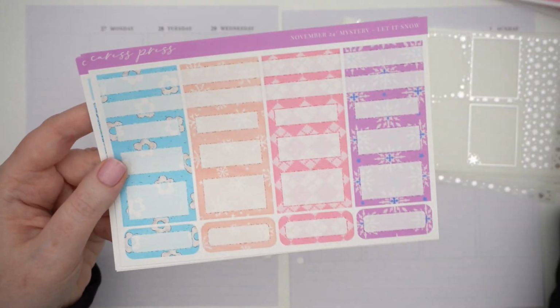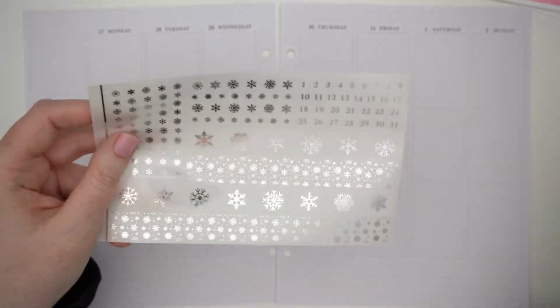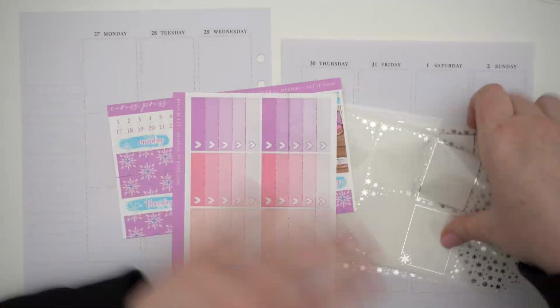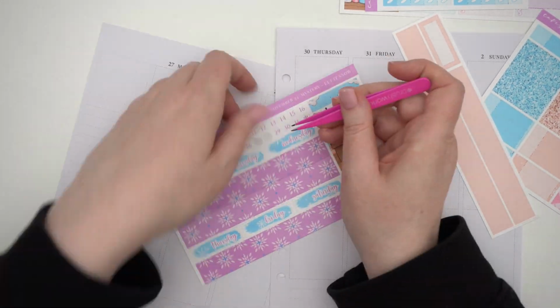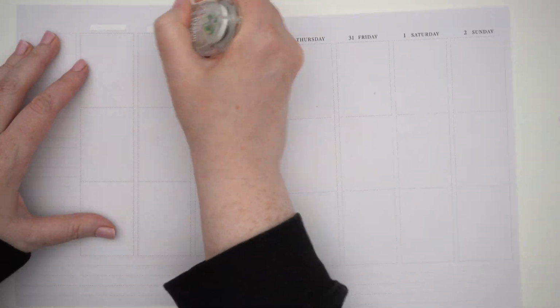Today we're going to memory plan with me the week of January 27th through the 2nd of February. I'm using the Caress Press kit, which was the November 24 mystery, a Let It Snow kit. I just thought it was really bright and fun, and I like how the pinks and purples would lead into more February feels. Because it's so bright and colorful, I decided to pair it with silver foil,